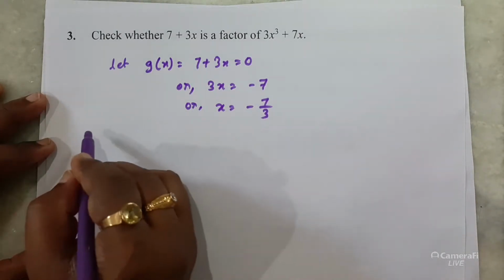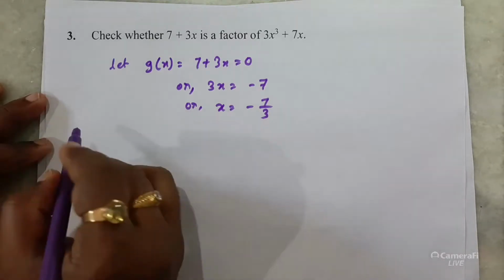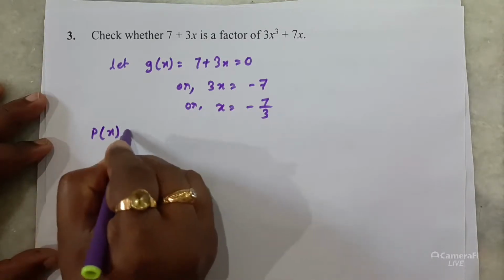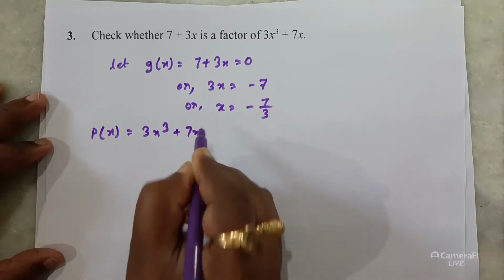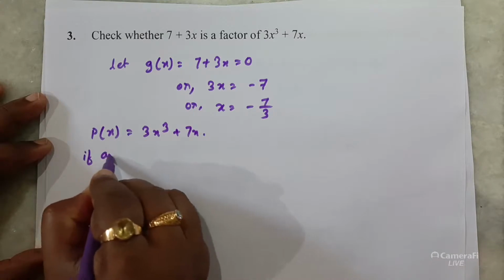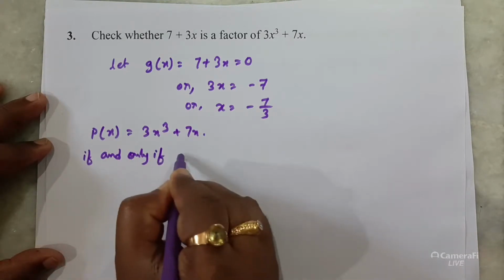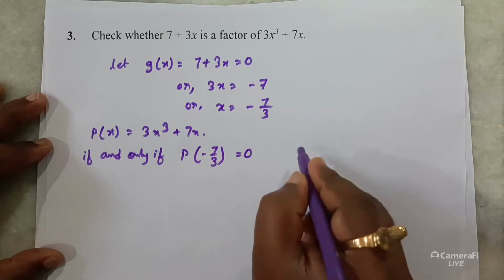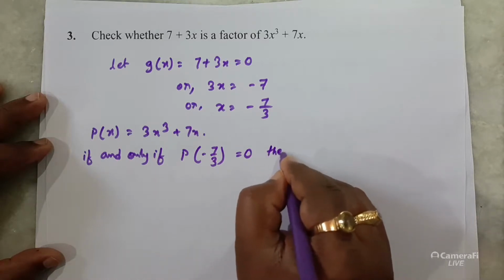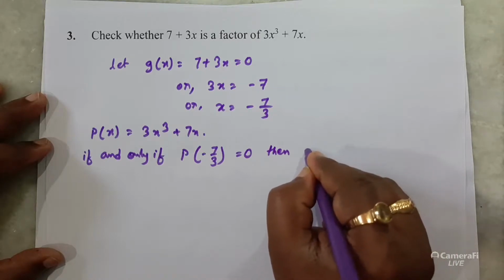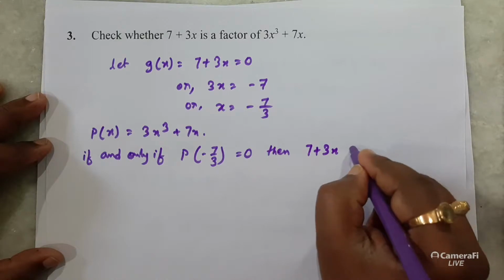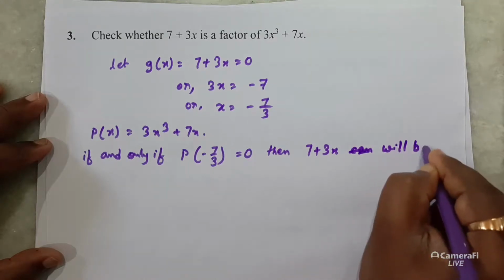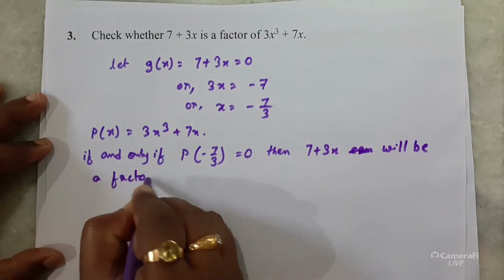Okay, now we have to write the line that p of x equals 3x cube plus 7x, if and only if p of minus 7 by 3 is equal to 0, then 7 plus 3x will be a factor of